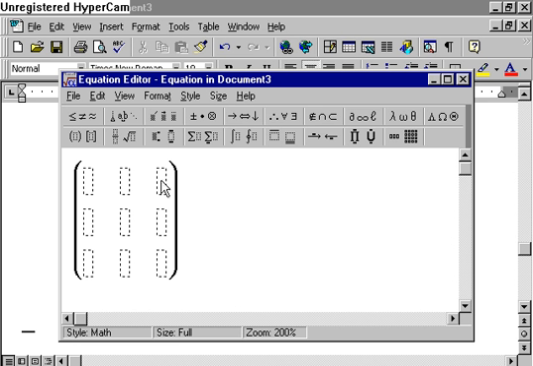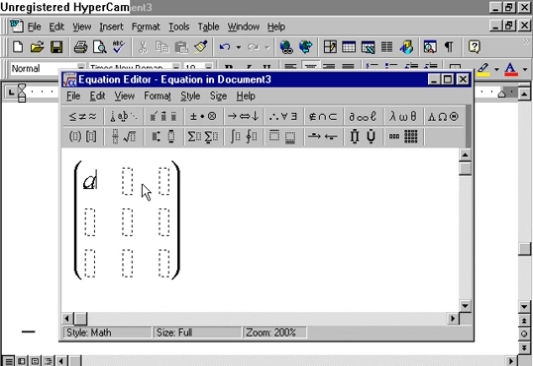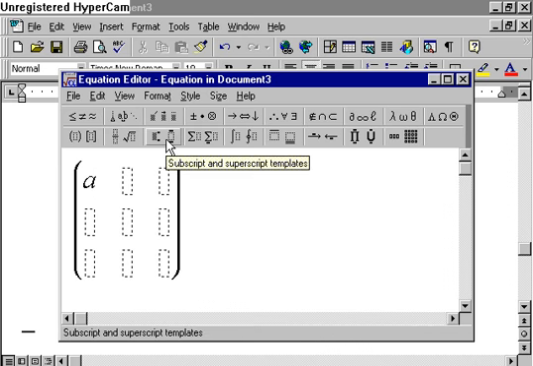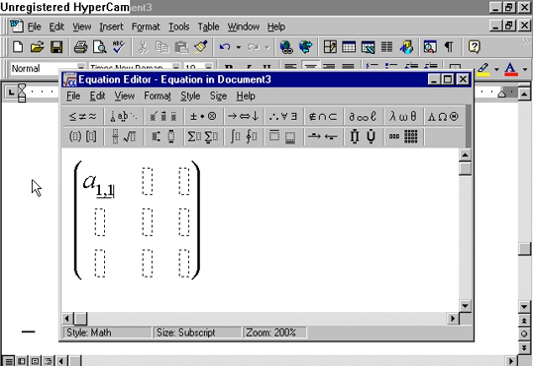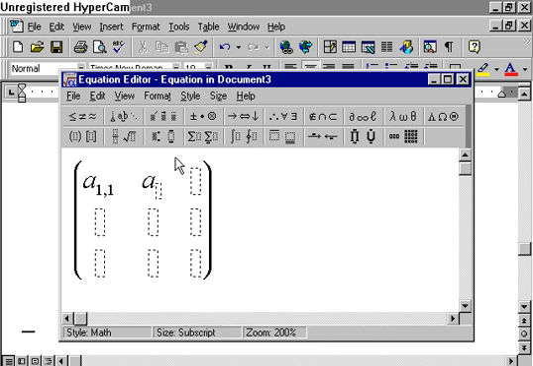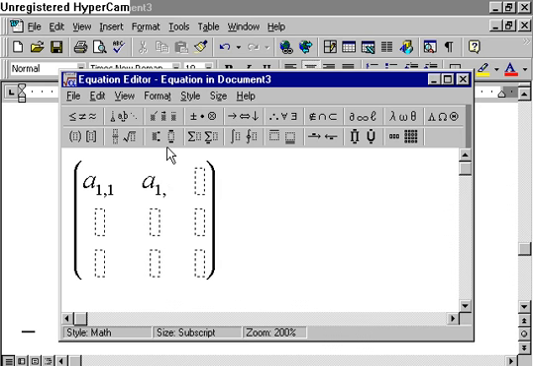We now see the 9 positions in our matrix, and we will type the first one, which is A sub 1,1. We type the A, and we obtain a subscript from the subscript and superscript templates, and we type our first subscript 1,1. We now press the Tab key to move back to the level of the A, and we press the Tab key again to move to the second position in our matrix, and we type A sub 1,2,